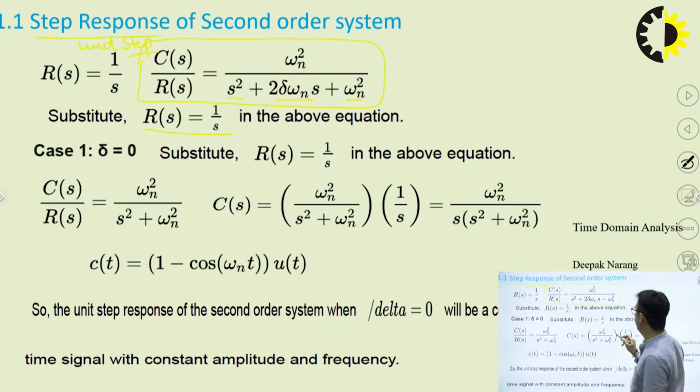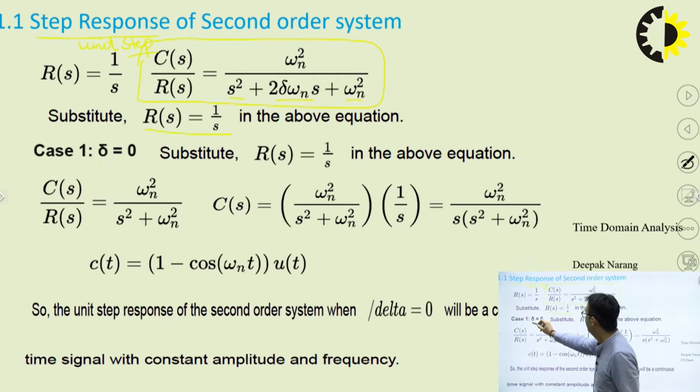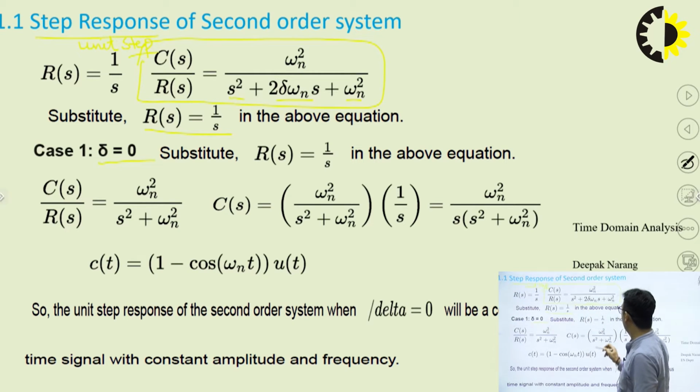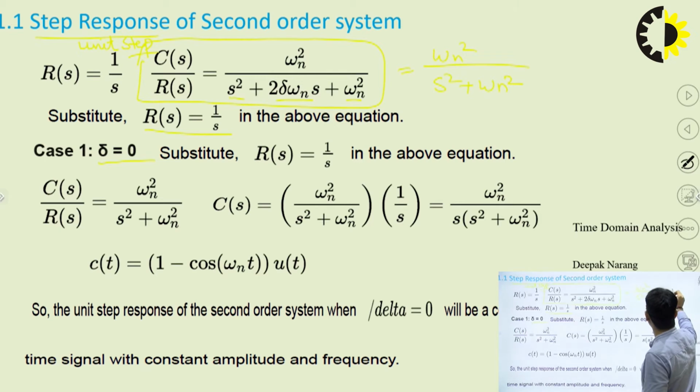So we are considering all the three cases. First of all, when damping is 0, if we put damping as 0, this becomes omega n square upon s square plus omega n square. This is equal to Y(s) over